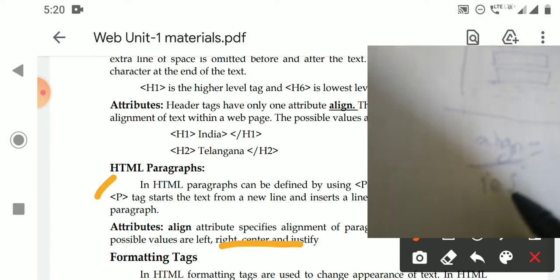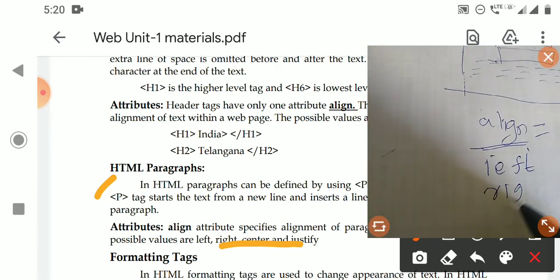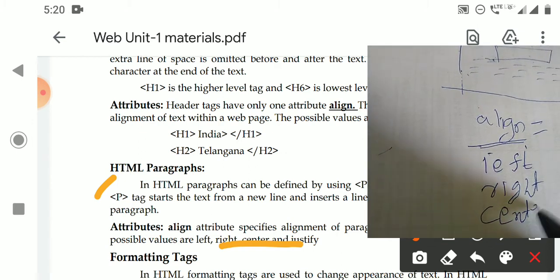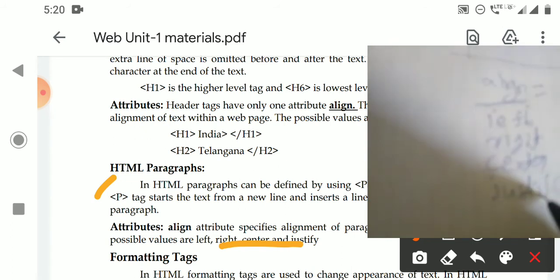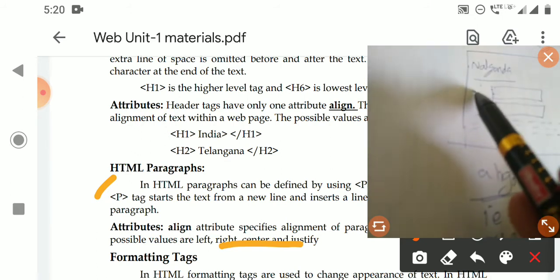Left, right, center, and finally justify. Here left means all the lines start from the left.